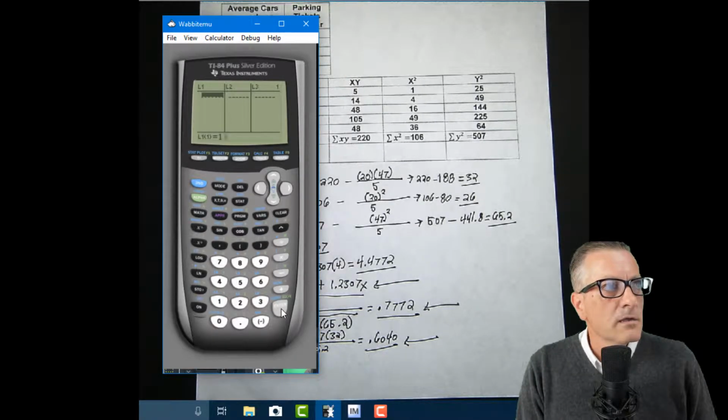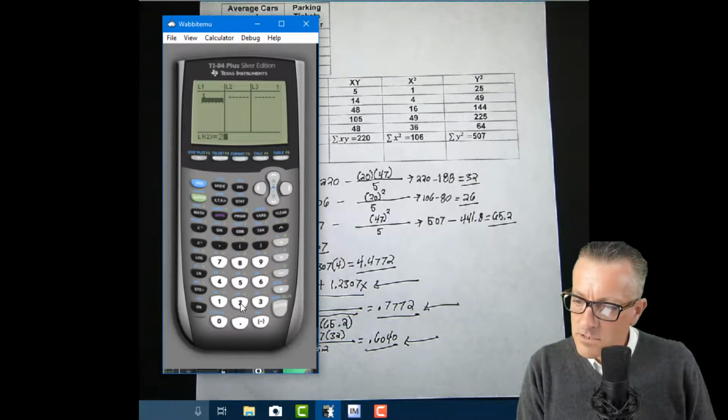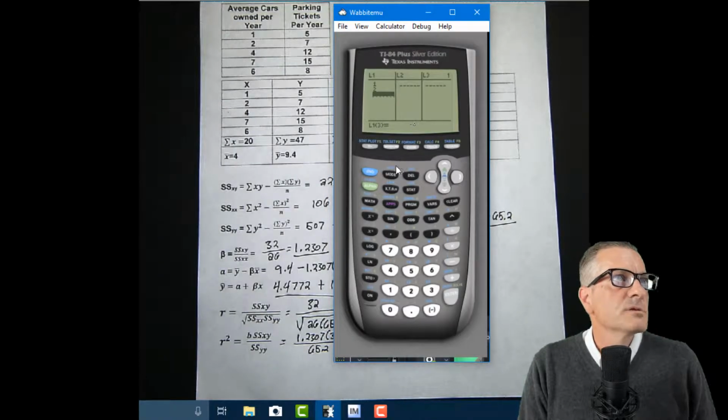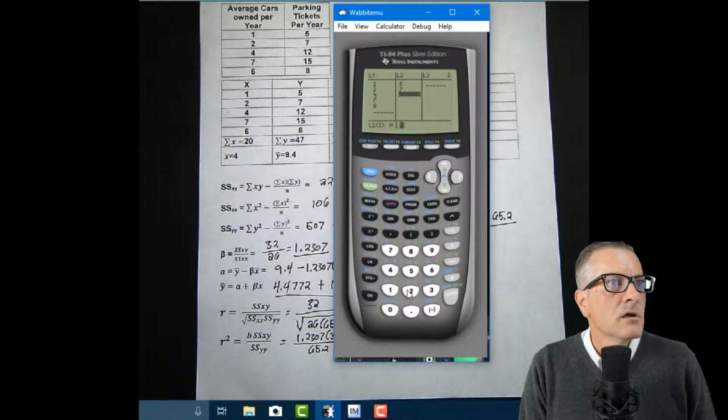So 1, enter, 2, enter, 4, enter, 7, enter, 6, enter, and then go over, and then 5, enter, 7, enter, 12, enter, 12, enter, 15, enter, and 8, enter.